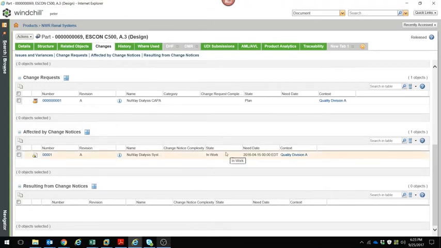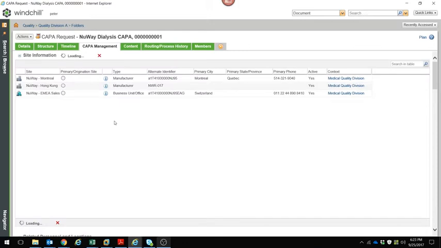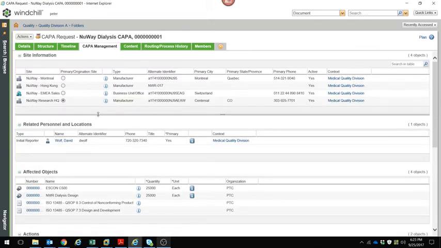For this particular part, the SCON C500, we notice there's a CAPA associated with this particular part. If we want to look at the details page for this CAPA, I come to the CAPA Management tab on the details page for the CAPA request. From here I can see the specific site information associated to the CAPA. I can see any related personnel or locations associated with it, and I also see the affected objects that the